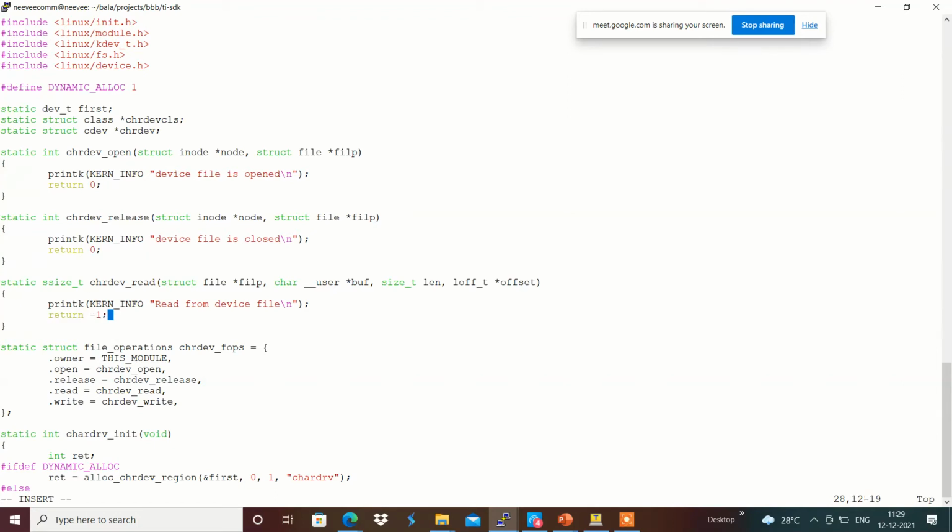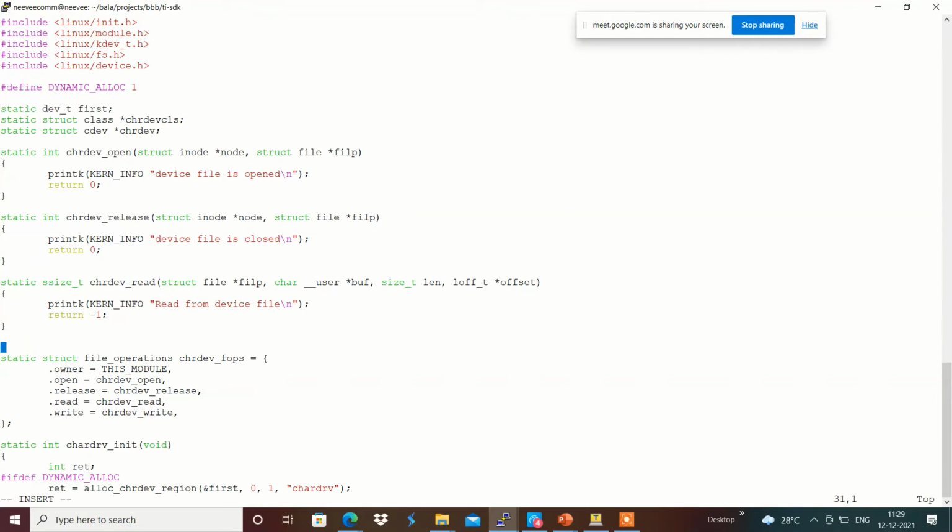I will tell later why I am giving -1 over here. We can say it returns a negative, which is an error, since read has the error. We will see how it behaves.